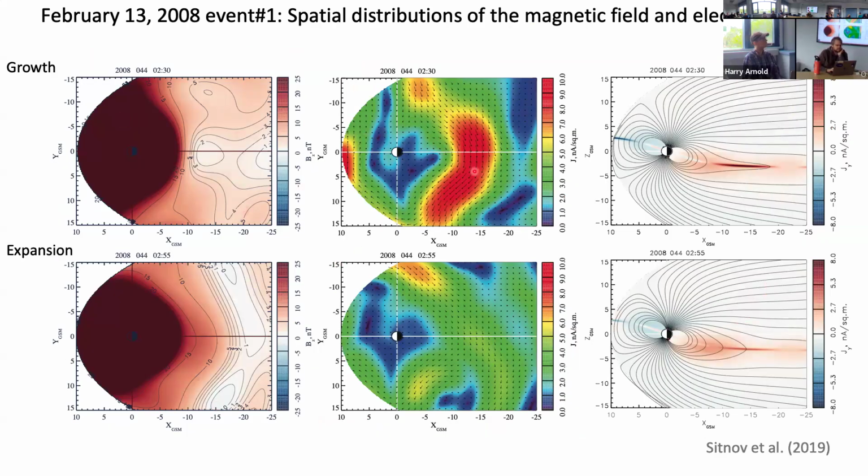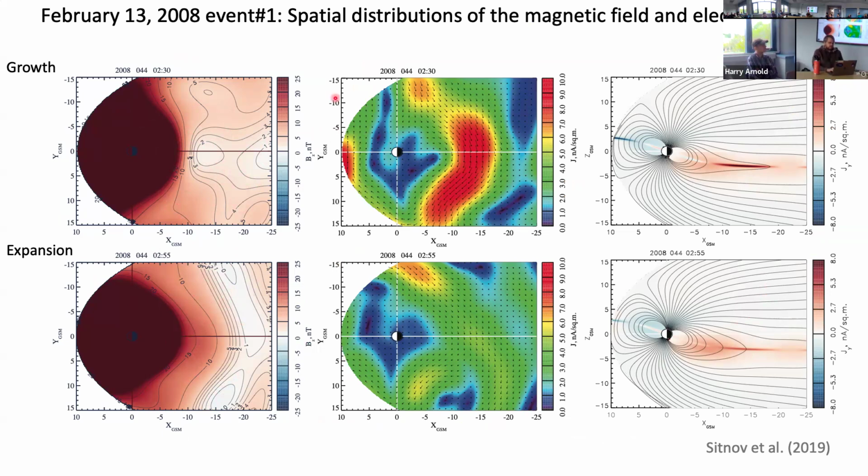So to continue with this, here's another event. These top plots here are the growth phase of the substorm, the bottom plots are the expansion phase. On the left, again, you have BZ and contours of BZ. You can even see a little localized hump right here. And after the growth phase, you do get some X lines popping out, but you definitely get dipolarization closer to